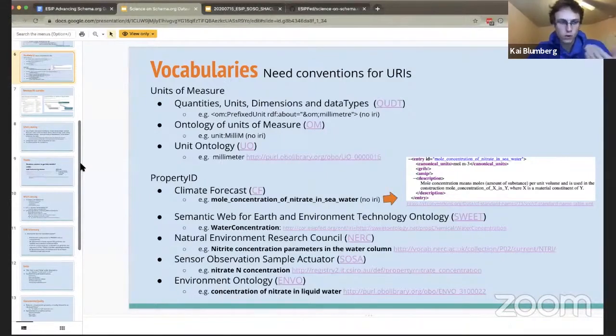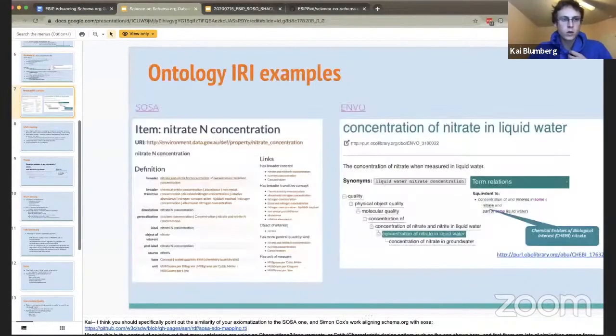If we can go to the next slide, once we actually dereference an IRI, we can get more out of our data and join the larger knowledge graph, so to say, of existing data and semantics. I illustrated here two examples of ontologies being dereferenced, the first one SOSA, and also the environment ontology.